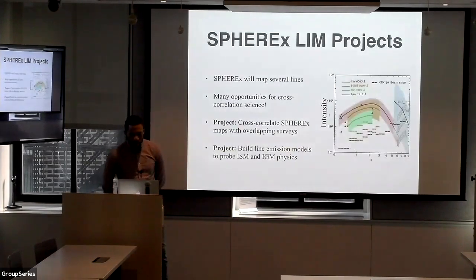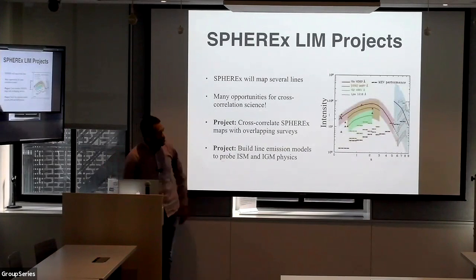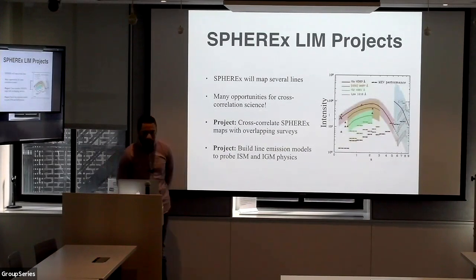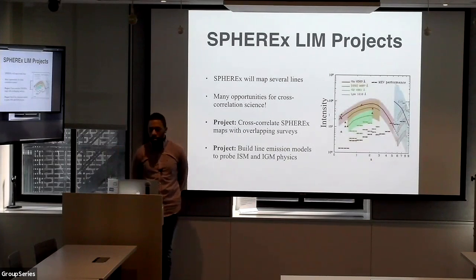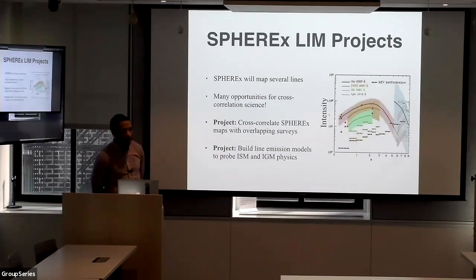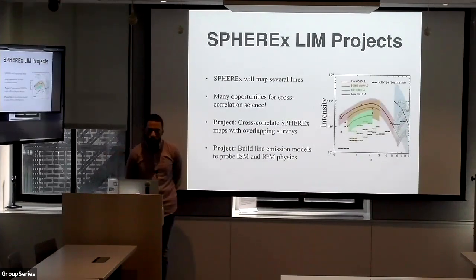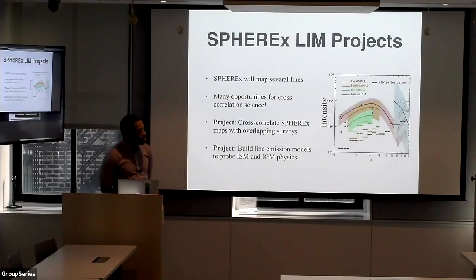One thing I wanted to note is there's going to be opportunities for intensity mapping, in particular for the 200 square degree survey. It's going to be able to detect H alpha and Lyman alpha emission, H alpha for redshift less than 5, and Lyman alpha for redshift greater than 6 or so. And so the idea is that there's going to be many opportunities.